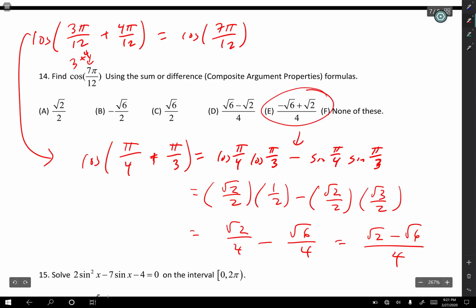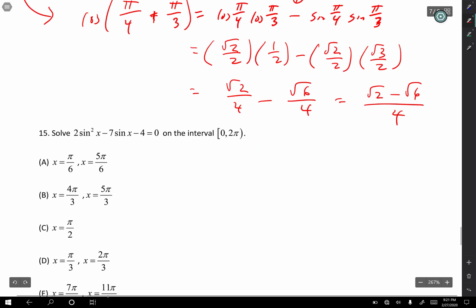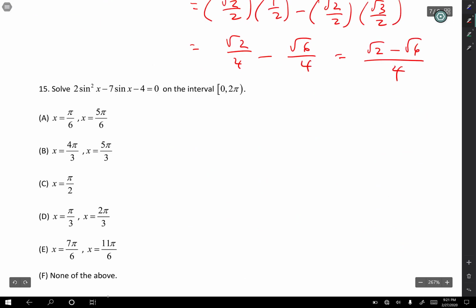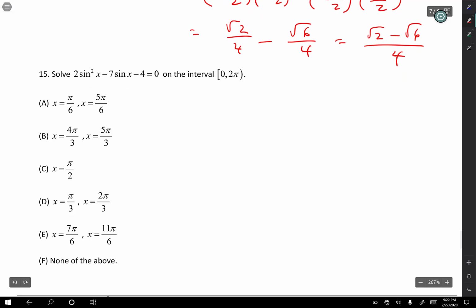All right. This one's a neat question. It's kind of fun, I think. So the way to do this one, guys, is very similar to your algebra days when you had 2x squared minus 7x minus 4 equals 0. It's similar to that. So when you factor this out, two numbers that when you multiply give you a 2x